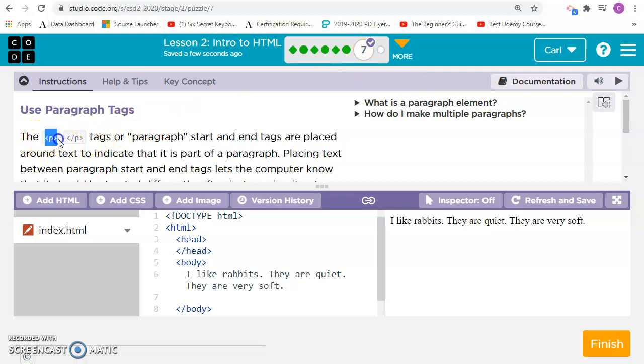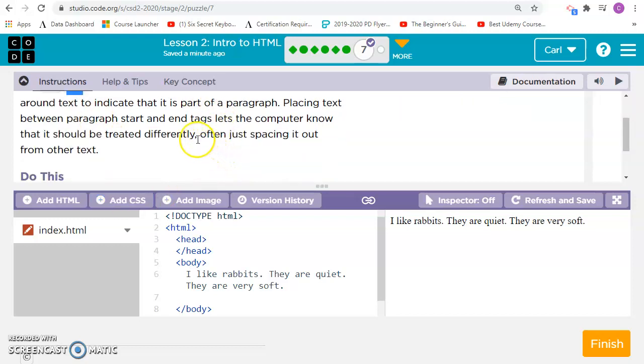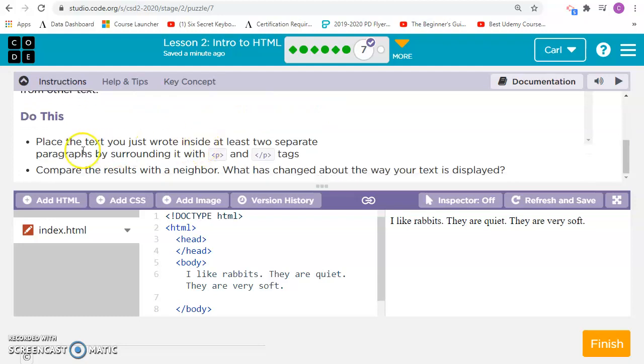So for this next exercise 7, they want us to use these paragraph tags. We have our opening paragraph tag, and then we also have our closing paragraph tag. They're asking us to do this to separate our paragraphs out. So they want us to write at least 2 separate paragraphs using these open and closing paragraph tags. So right now it's all just in one long paragraph, but if I want to make this a couple paragraphs,